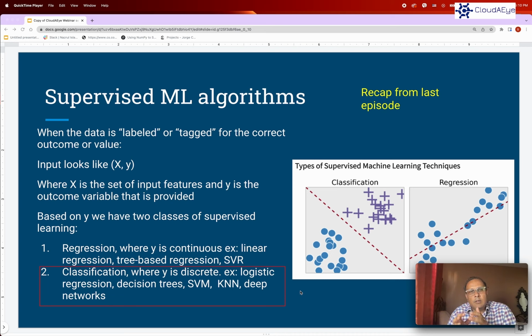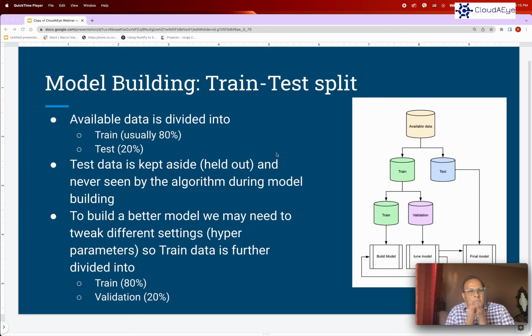Okay, in classification, the output variable, the y, in a supervised learning model, where we have the inputs and outputs, is actually discrete. Examples of such models are logistic regression, decision trees, SVM, KNN, and deep networks, which we'll see in our subsequent episodes. In the last episode, we have also seen the need for breaking down the available data into train and test. Usually we do an 80-20 split so that our models are not biased by looking into the test data set. So we build our model on training data, and then